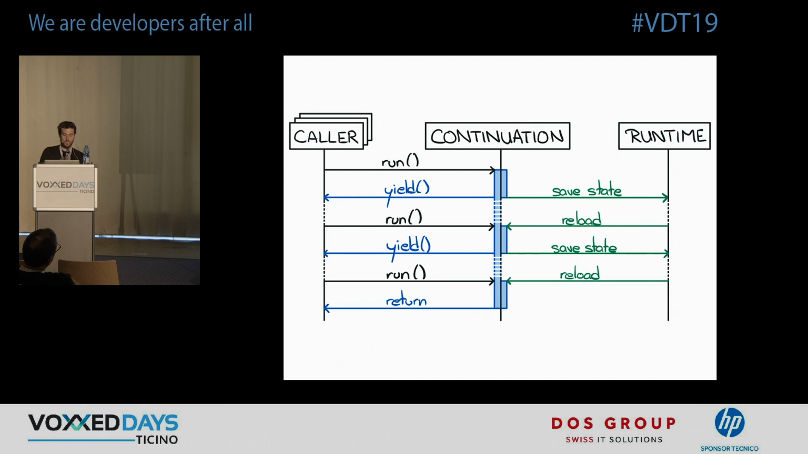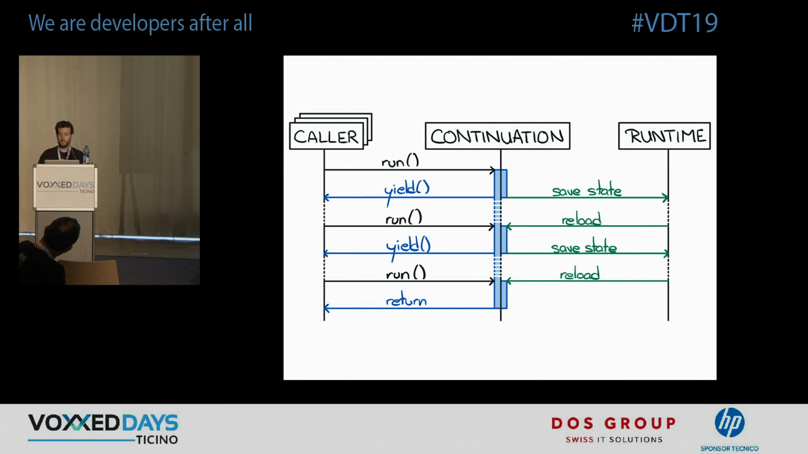So let's try to be more concrete. Imagine you have a caller, a continuation and a runtime. The caller is going to call a method run on this continuation. Imagine that this continuation is just a runnable for the moment. Inside this runnable, you will have the possibility to insert a yield statement, which is a special instruction that is going to give back the control to the caller, kind of like a return statement. But instead of just